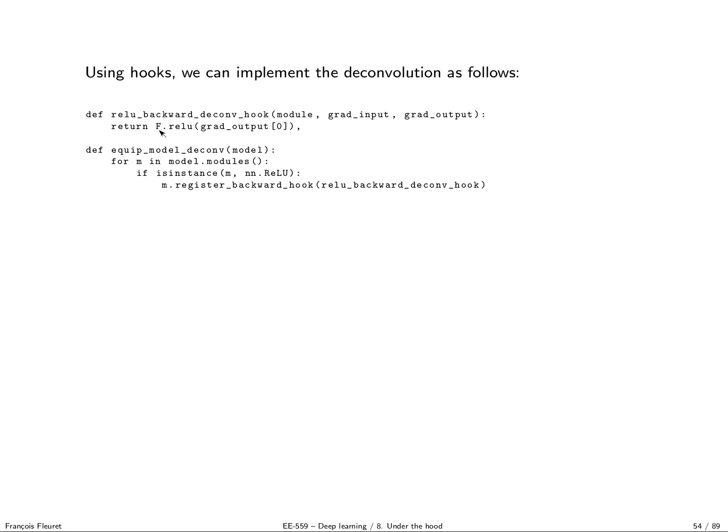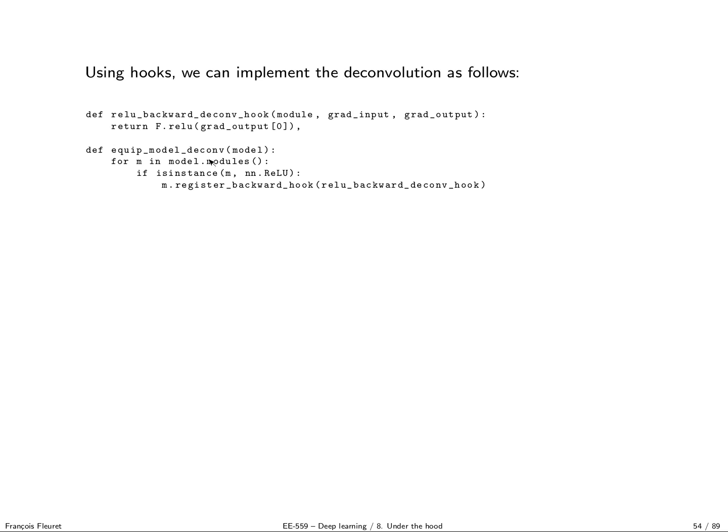And this is the backward hook: you can return a value which will be used in place of the standard backward operation, which means that my hook now not only can do something like print stuff, but it can also return a new quantity, and this quantity will be used in place of the standard backward pass.